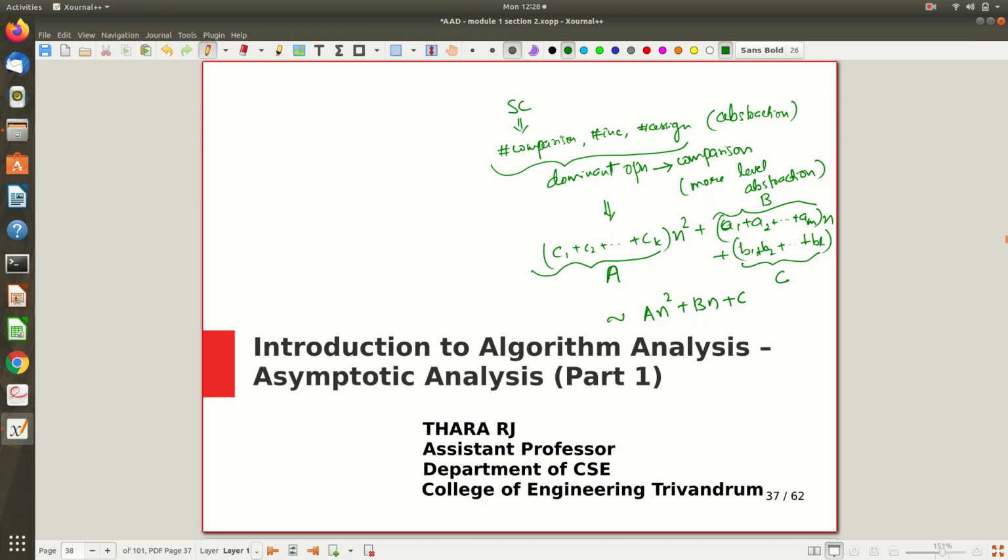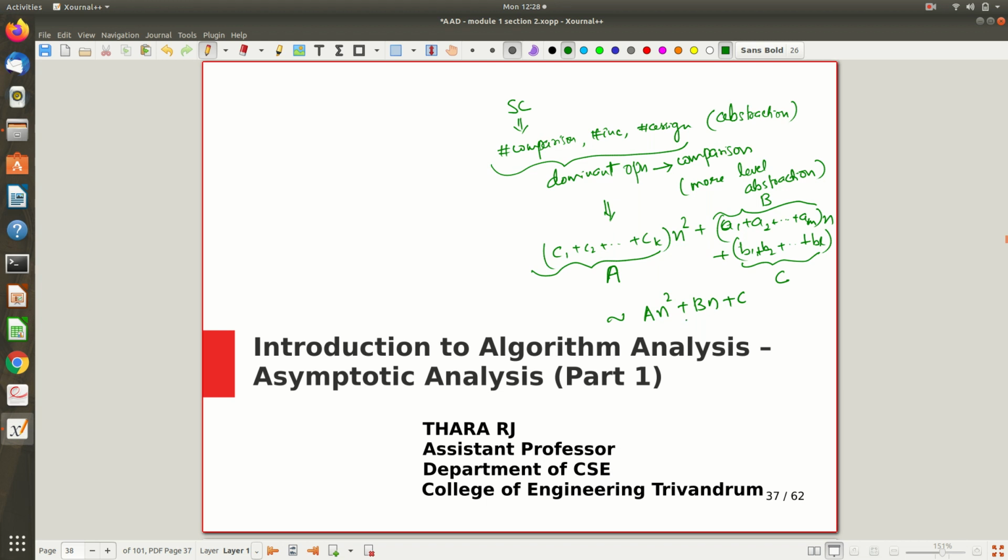So all these constants, depending on the actual platform we have, will vary. So here itself we can see some level of abstraction. When we add all these constants and represent them using some other constant, again there is one more level of abstraction. Now we are moving on to one more level of abstraction through this asymptotic analysis, where the entire